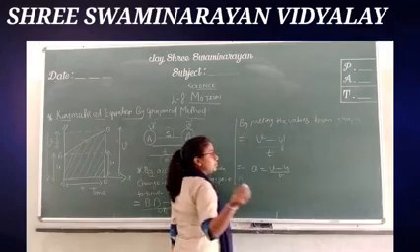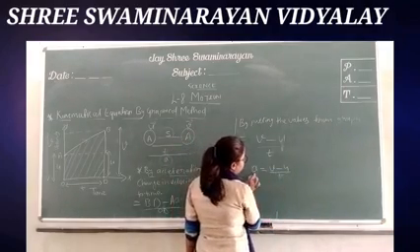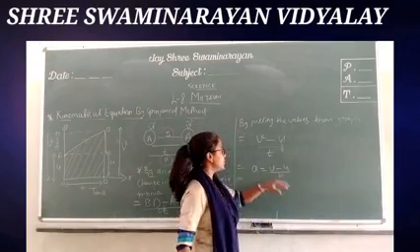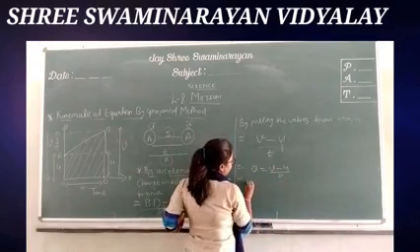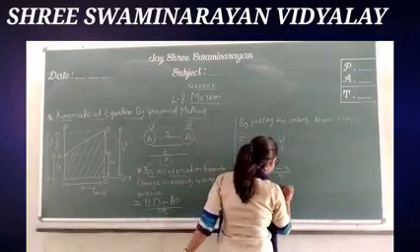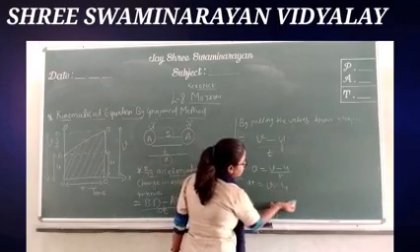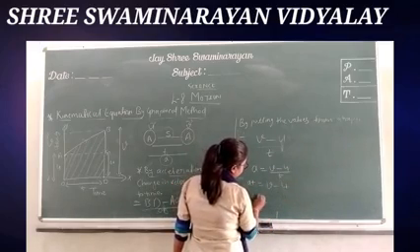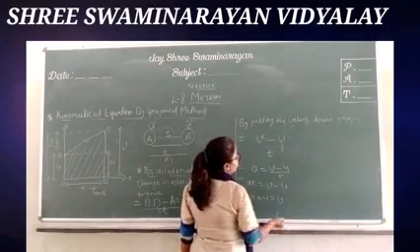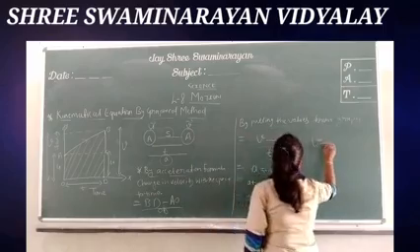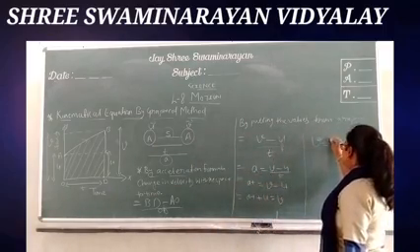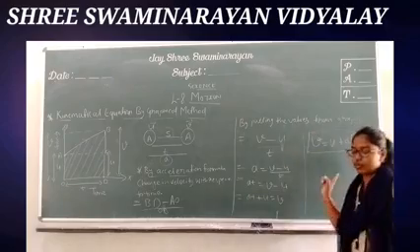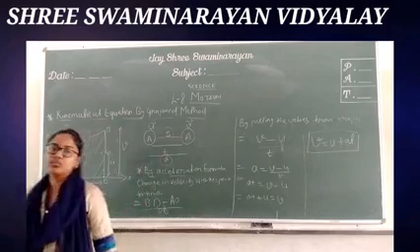Now you have to do a simple mathematical arrangement. t will shift from the right side to the left side, and here it is in division form, so when it shifts it will be in multiplication form. So at is equal to v minus u. Then u will shift from the right side to the left side, so it will be at plus u is equal to v. If you write this from this side, v on the left side, v is equal to u plus at. That is the first kinematic equation that we have derived from the graph.